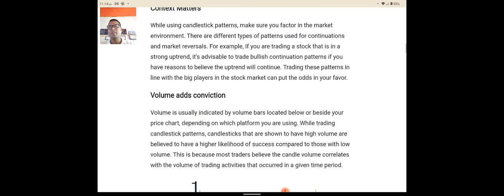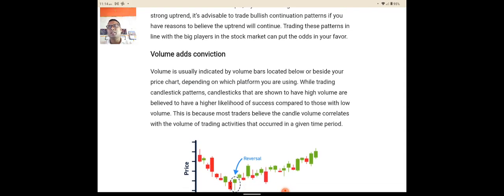Volume adds conviction. Volume is usually indicated by volume bars located below or beside your price charts